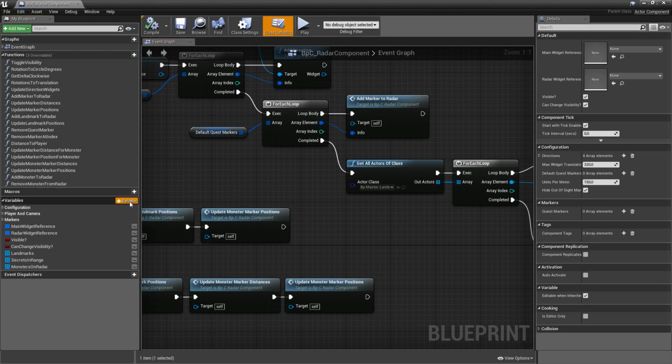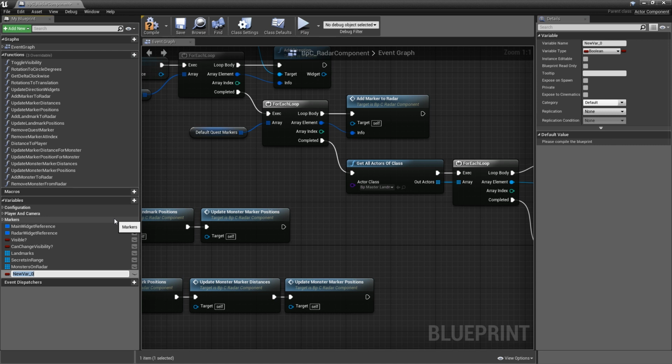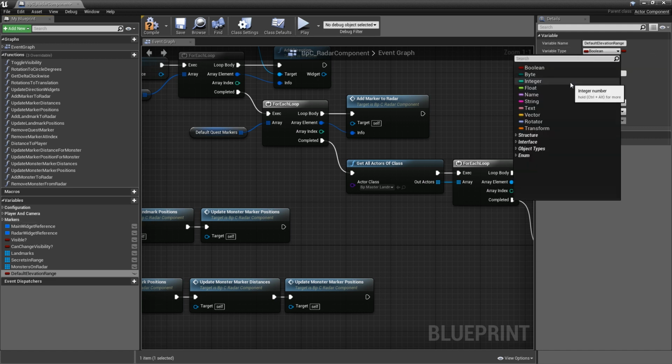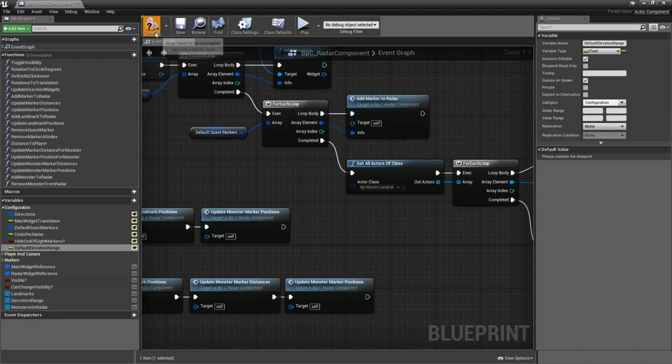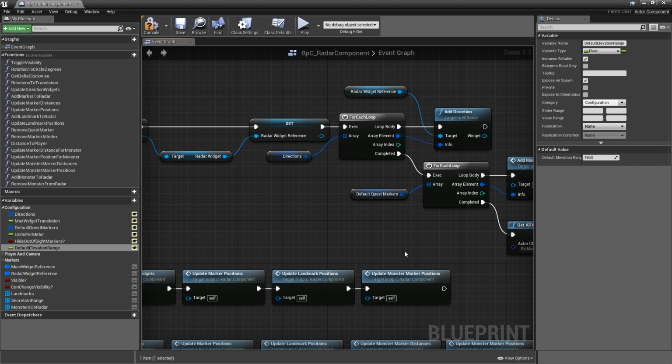First off, we need one variable here, which we will call the default elevation range and make that a float. Instance editable, exposed on spawn, in our configurations category. Then we will compile, save, and give it a default of 150. Let me quickly explain this variable. So when we compare the position in Z of our goal to the one of our player,